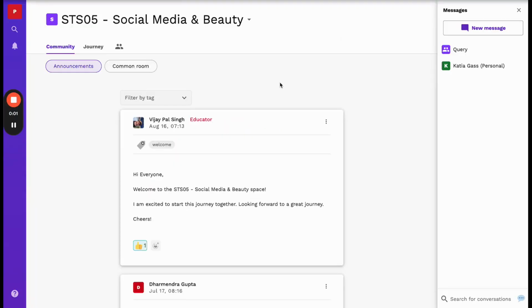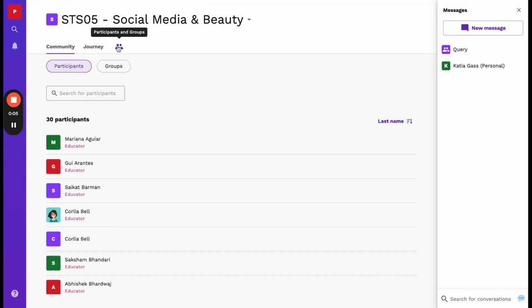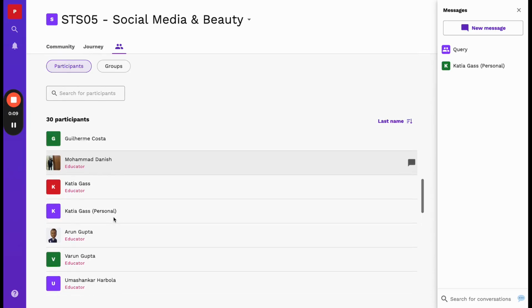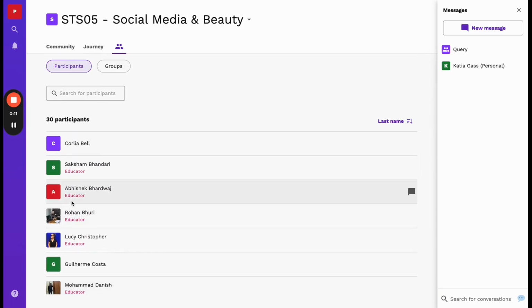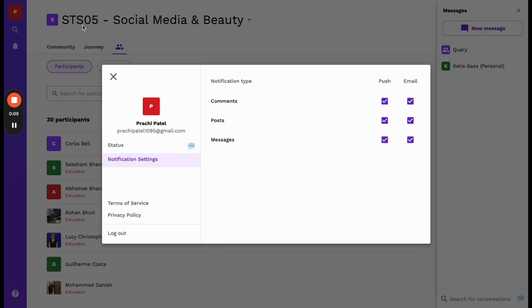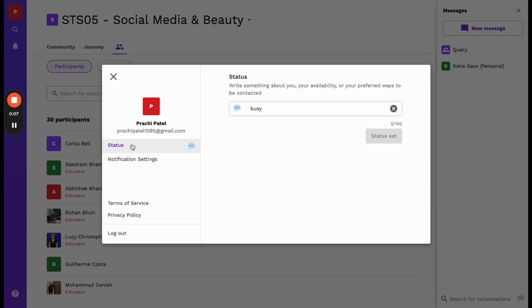If you'd like to view all the participants who have access to this space, you can click on this icon here. As you can see, the list shows up. Please note that for educators, a label called Educator in red will appear below their name. Now let's run through the profile. You can click on this image on the top left corner here. This is your profile. To set a status, you can click here